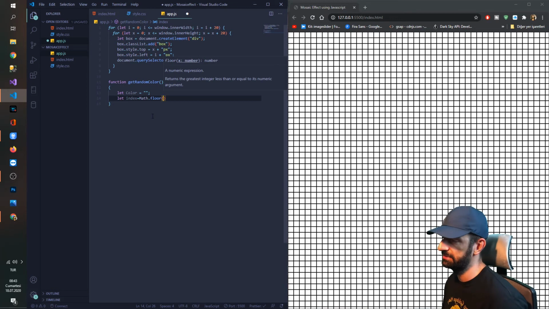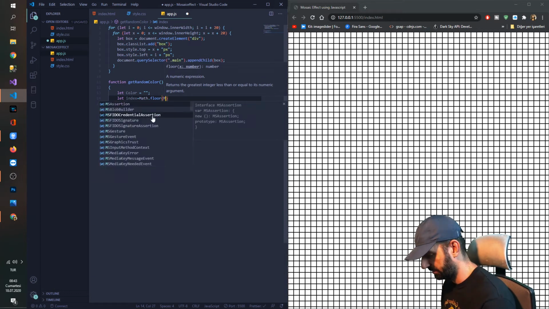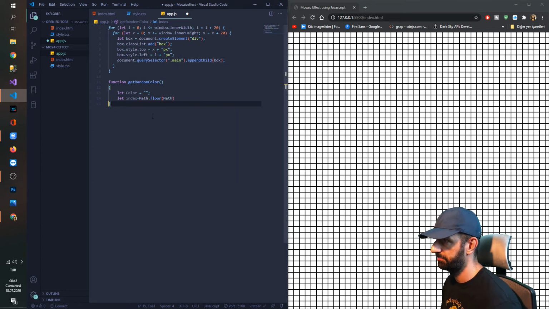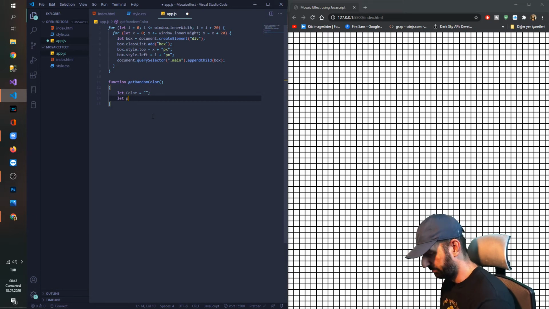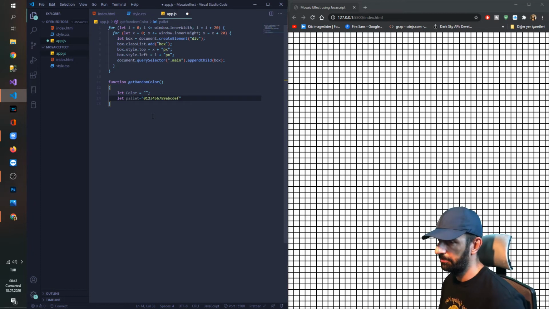I'm going to generate a random number here. Let's say palette equal to 0, 1, 2, 3, 4, 5, 6, 7, 8, 9, and A, B, C, D, E, F. I'm going to create the palette of the colors,